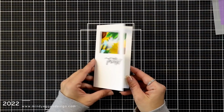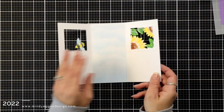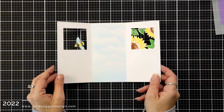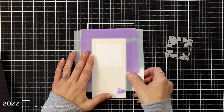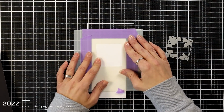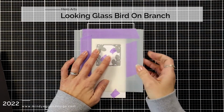make. So this will open up to the sunflowers in the inside, and then you can put your message in the middle. I didn't write anything. I like to keep my cards kind of plain in the inside and then write the message that I need when the time comes. I'm moving on to my second card, which is using the Looking Glass Bird on a